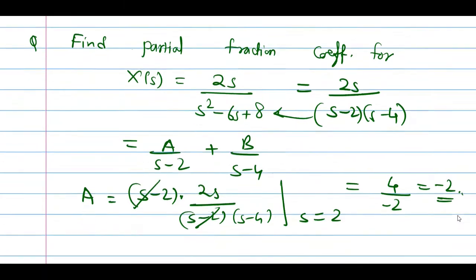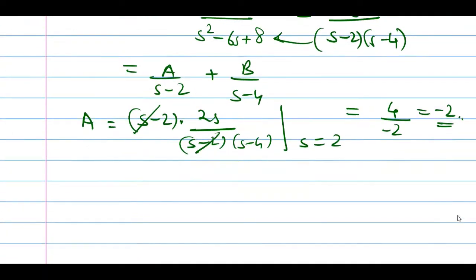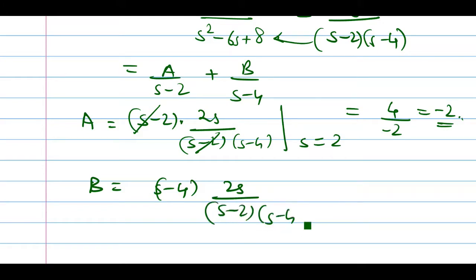Now to calculate the value of B, what is there in the denominator of B? s minus 4. So B equal to s minus 4 times x of s, 2s upon s minus 2, s minus 4. S minus 4 cancels. This we will calculate at s minus 4 equal to 0, that means s equal to 4. So 2 into 4, 8, upon 4 minus 2, that means 2. So answer for B is